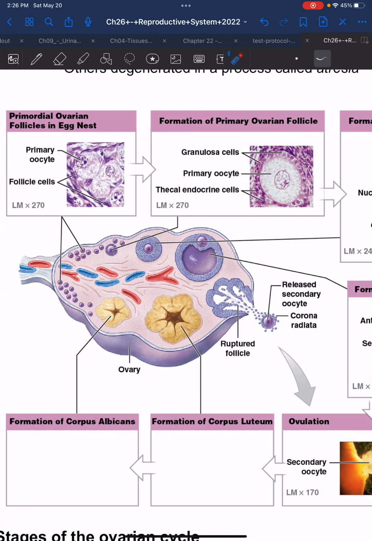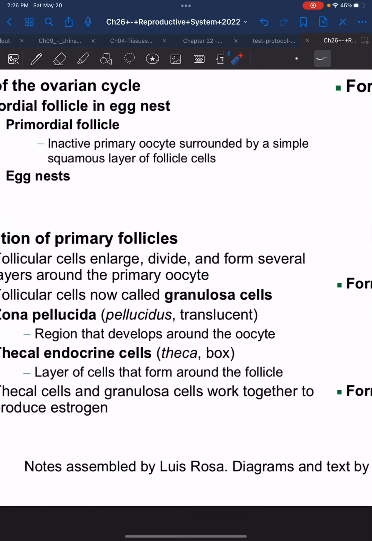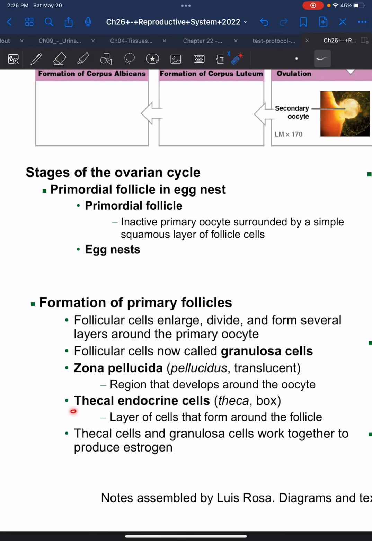And so you can see that all of these do not have any follicles. But then we reach our primary follicle. And what a follicle is, remember how we said that an egg develops within a follicle? It's made up of 2 cells, granulosa cells and thecal endocrine cells. If we go to the text that corresponds to that, you can see we have our thecal endocrine cells and granulosa cells. And these cells work together to